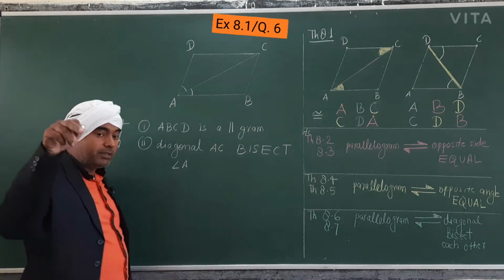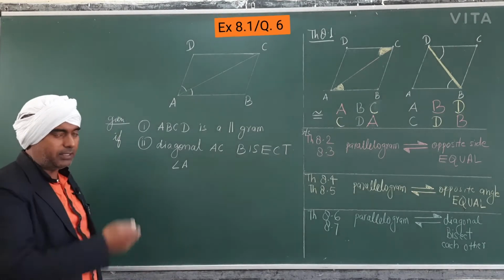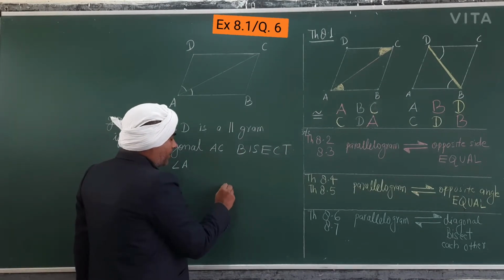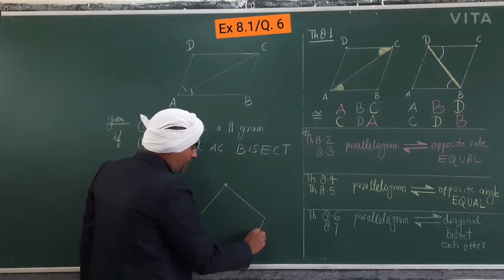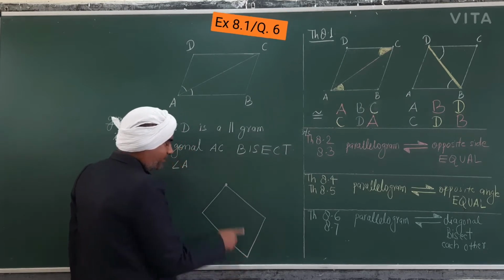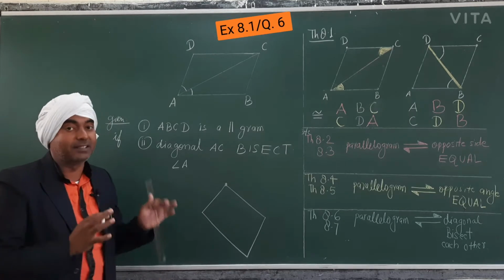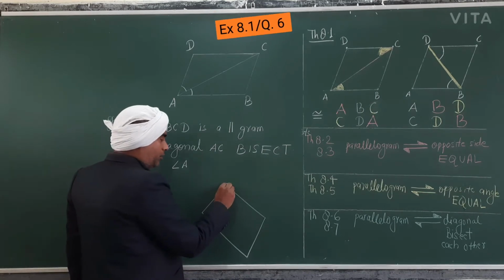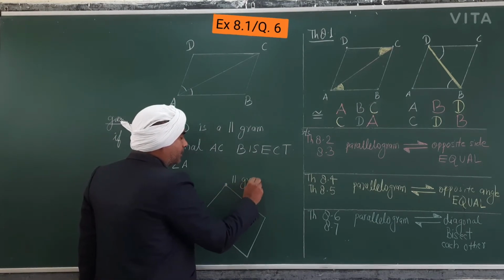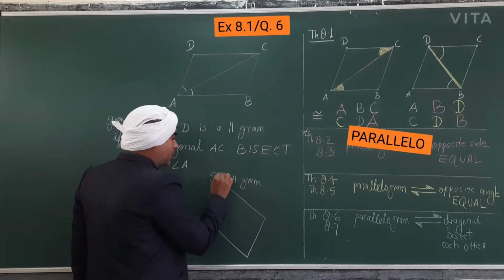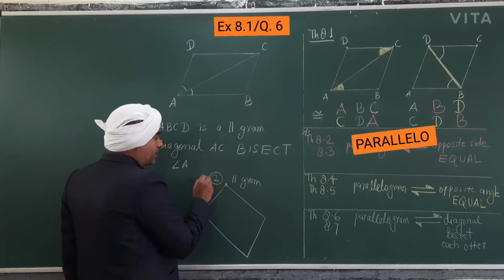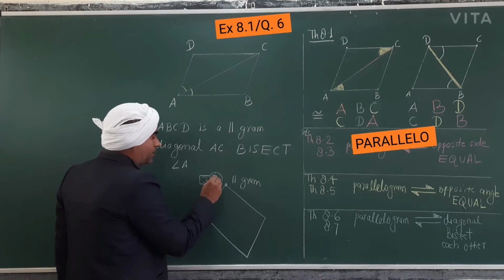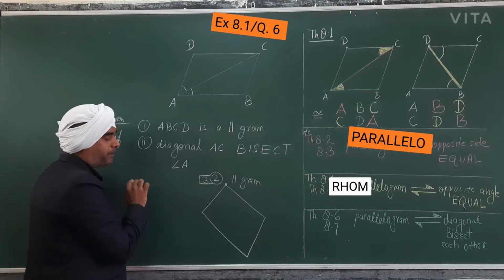What I told you in the second part of my lectures of this chapter, you will see it is very interesting. I have told you in detail. First I drew this type of figure, which is not a mathematical figure, only for the interrelations of quadrilaterals. In my part 2 video, I wrote parallelogram: 2 conditions are given and 3 more conditions you have to provide. Total 3 given and 3 more required.